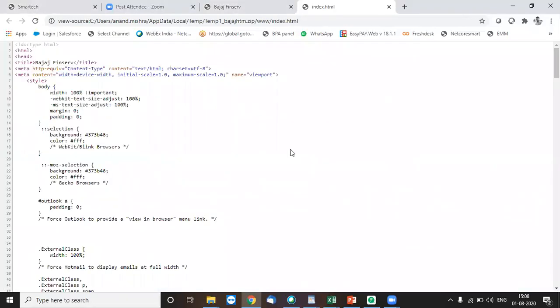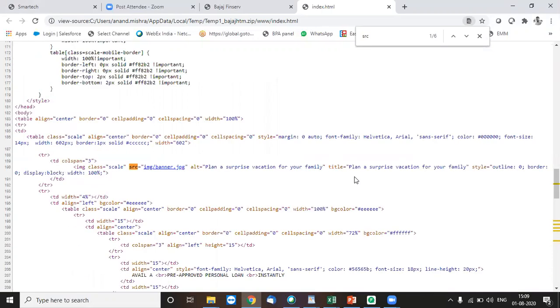I'll just go to the source code of it. So this is the source code of an HTML. Now I can just do a Control F to find out the images, which I can do by searching SRC. SRC anywhere in the HTML code can find out the images which have been used. So like this, you can see over here, image banner JPG.